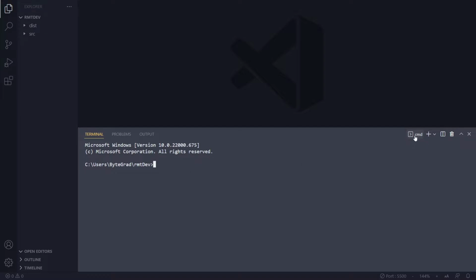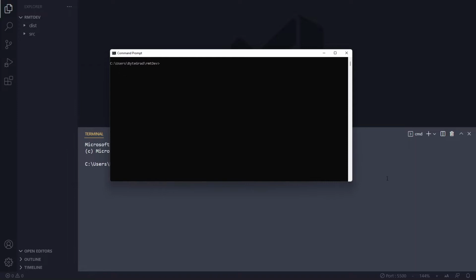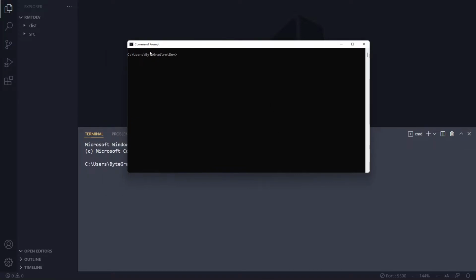So I'm using the command prompt shell. You may have a different shell, but it doesn't matter. What I'm doing here is the same as what I could be doing in here, by the way, right? So the command prompt is also a standalone program. Maybe you've seen this before. Some developers prefer to have it as a standalone program, but in Visual Studio Code, it's actually already integrated here,